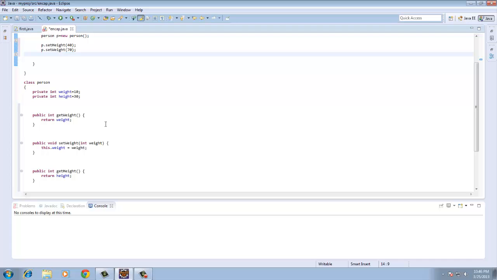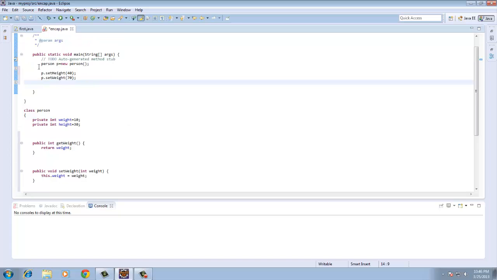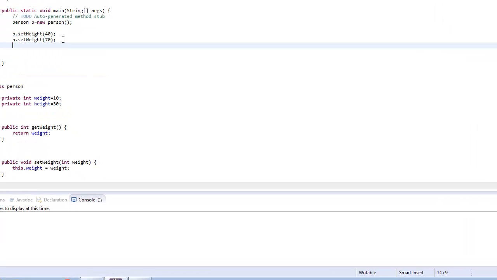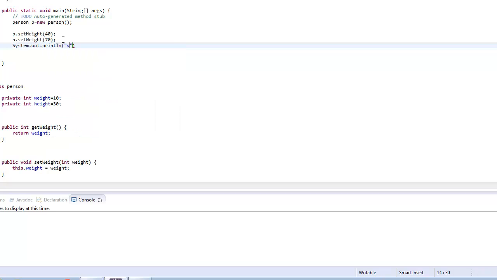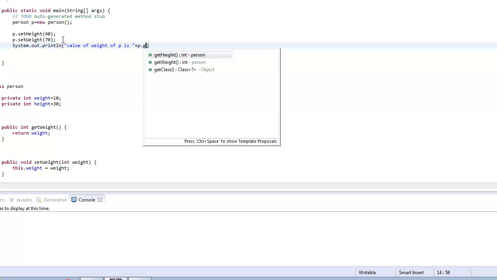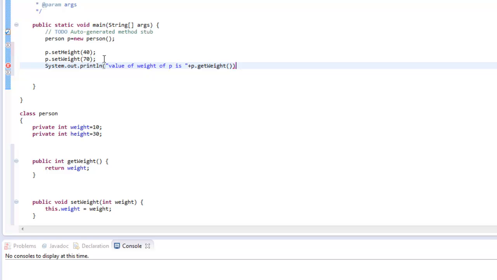So instead of a direct route in which I could have directly accessed the variables weight and height, I have to use the methods setHeight and setWeight, and I have to use the get and set methods to print their values, and to get